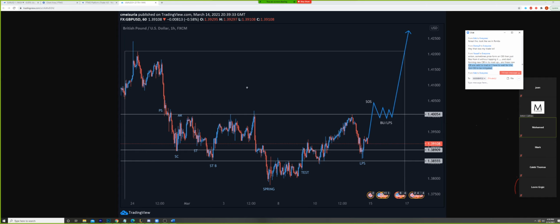And after that bias is formed and you have that in your mind, now you can trade it. But if you're just looking at this going, we just got under, tapping in this, I want to buy, you're going to most likely lose money over time, right? You don't want to approach something from a FOMOing perspective. You want to approach something from a perspective that you've already formed and then get in on it.